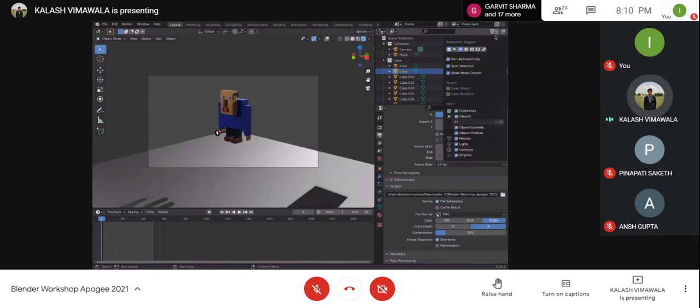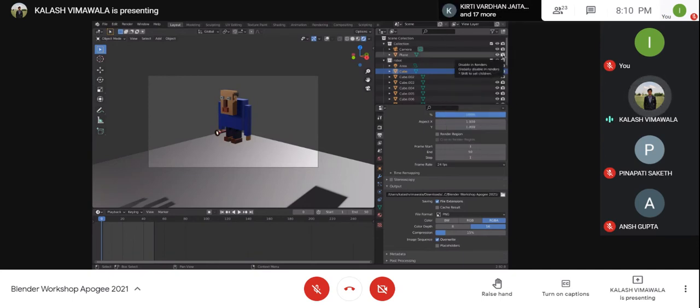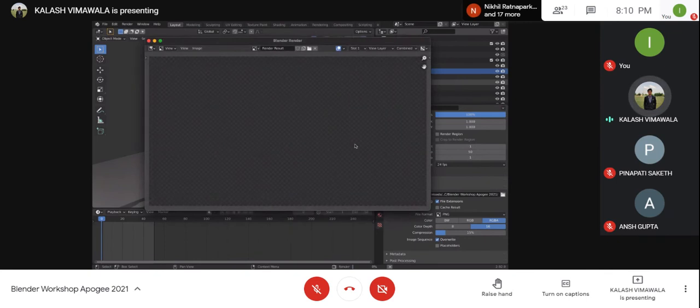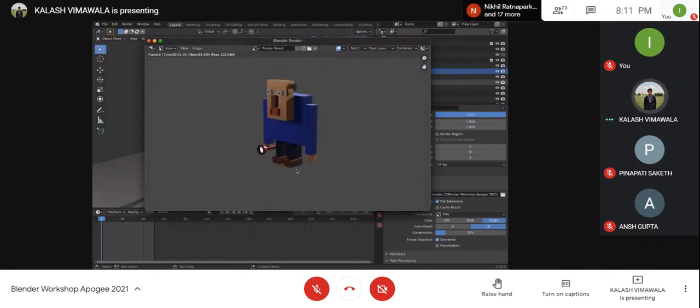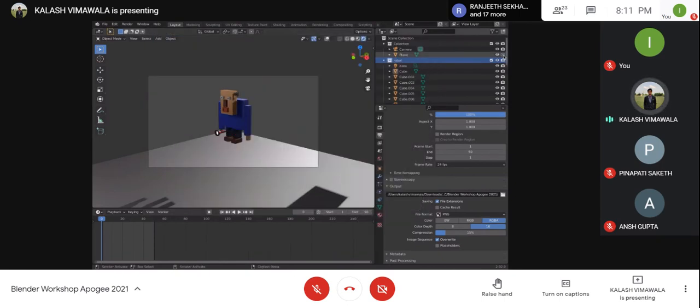From filters, if you click on this filter icon over here and click on this camera icon, your camera here means whether this object will be rendered or not. So say I click off the camera on the plane, and now I render. F12 gives you a new render, and now there is no plane. Earlier there was a plane, but I deselected the render from the top right over here, so the plane would not be viewed in the render, and hence the plane disappeared. Okay, I hope it's clear up till now.